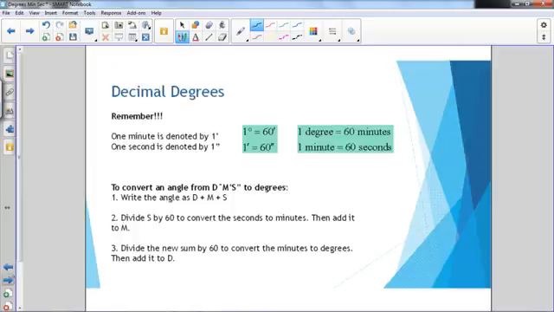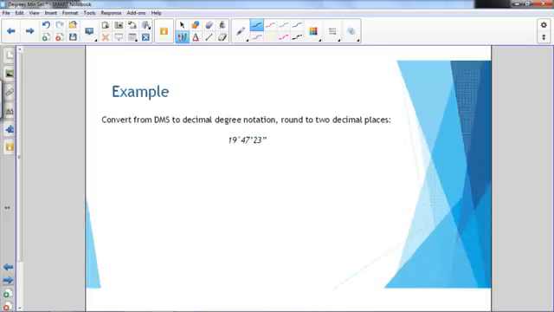Okay, now we're going to convert from degrees, minutes, and seconds to decimal degrees. Yet again, we're still going to use the same very important two conversions. Okay, here we have 19 degrees, 47 minutes, and 23 seconds. So I'm going to write this out. 19 degrees plus 47 minutes. Using our conversion, this time I'm going to have to write 60 minutes on the bottom, so that way my minutes will cancel with 1 degree on the top,